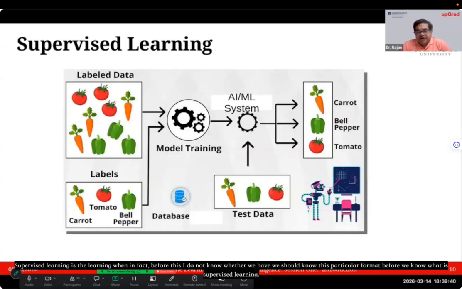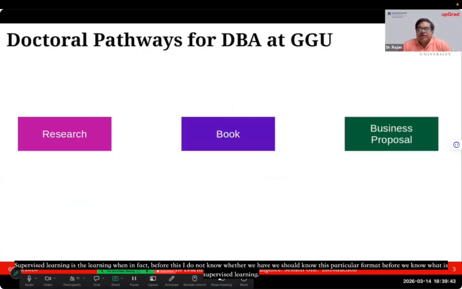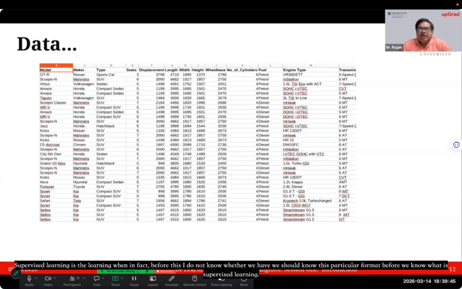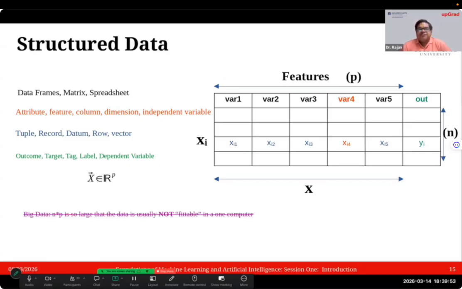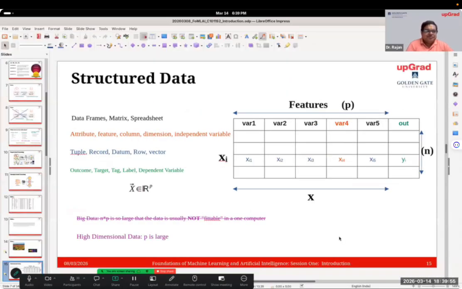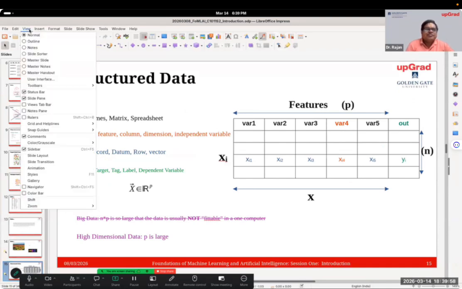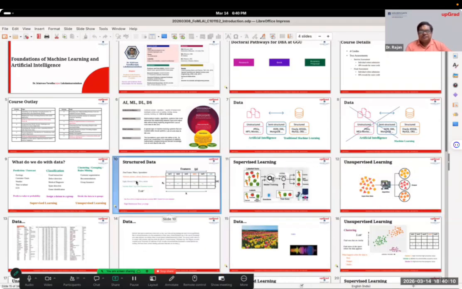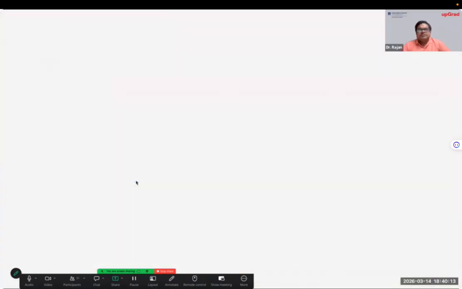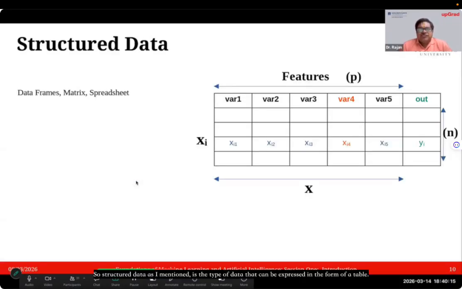okay, in fact, before this, I do not know whether we had, okay. We should know this particular format before we know what is supervised learning. So it should go earlier. Okay, let me do that right away. Slide sorter. Okay, structured data. So structured data,